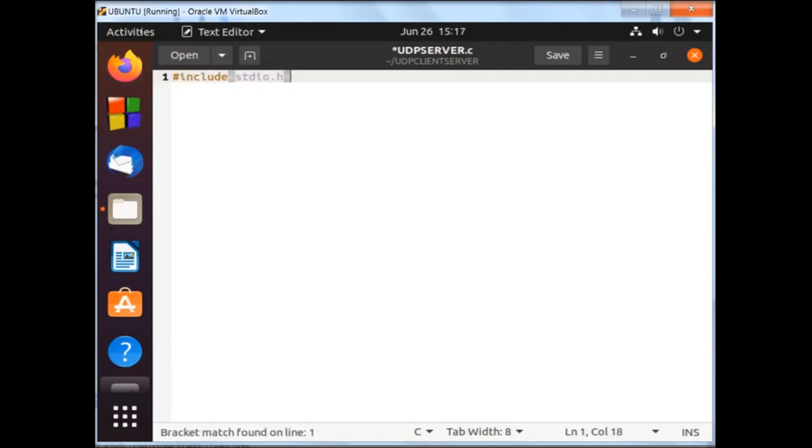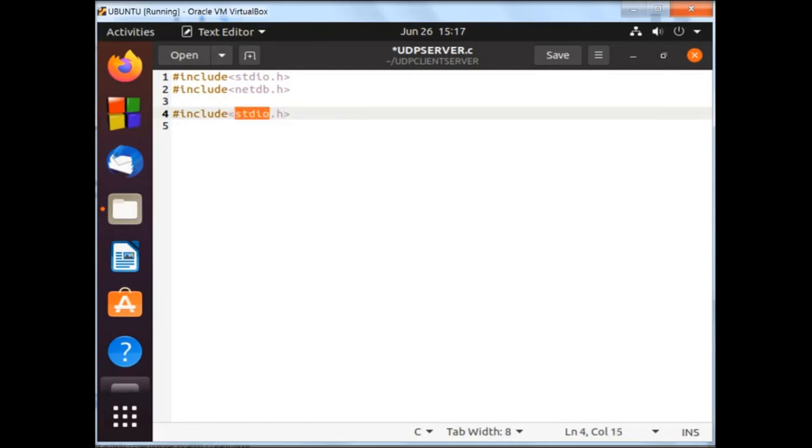All programs will have this file. Now I'm copying and pasting it and just changing it. So the second file would be, and there are other files also in various programs. If you go to the internet, you will find different files, but they may not be required. These are the basic required files. netdb.h, this is definitions for the network database. Next file is the third file,